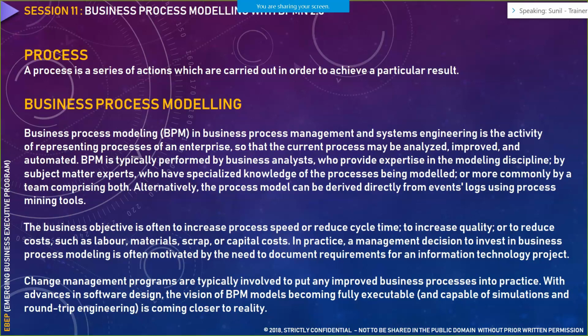So essentially what we are doing in business process modeling is mapping the processes. For example, user A logs into the system, what are the options he would be seeing, and if he chose option 1, what would be the result? If he chose option 2, what would be the result? If he chose option 3, what would be the result? If he chose option 4, what would be the result? So on selection of these four options, are there any necessary approvals needed? Who is the approver? From this particular person, the authority flows to which particular person? That is something we intend to understand with the help of the business process flow.